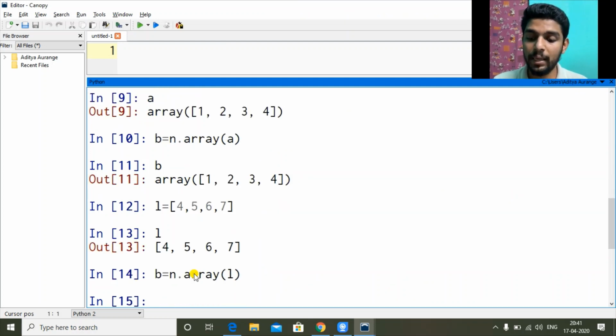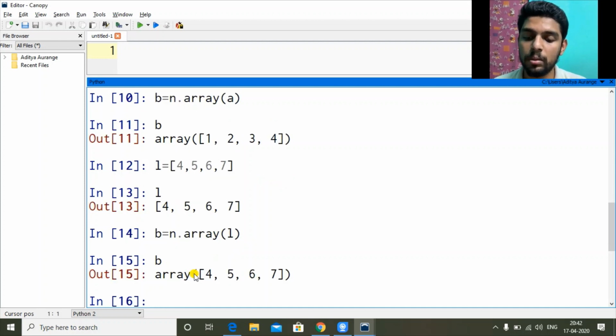Enter. Now the variable B has been reassigned to a NumPy array created from list L. Now if we see B, the values in B have changed. So 4, 5, 6, 7. Now it is pointing to new data which is created from list L.